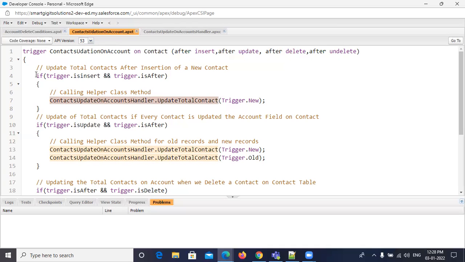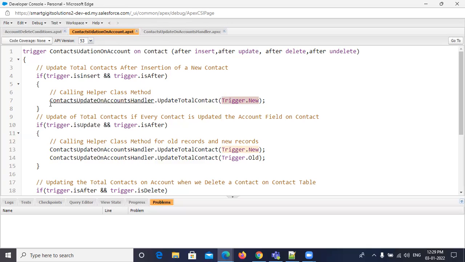UpdateTotalContacts is a static method. Inside that method we are forwarding the value Trigger.new, which can contain a single record or a group of records inserted into our object.